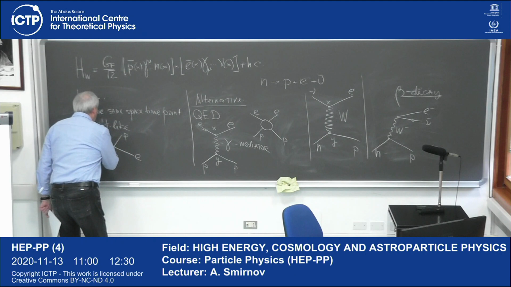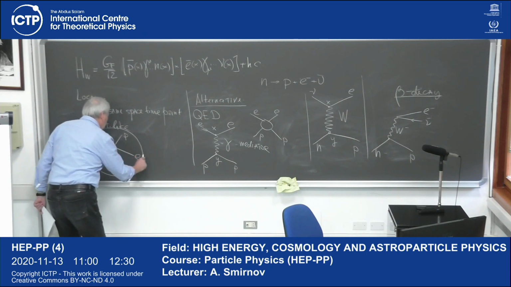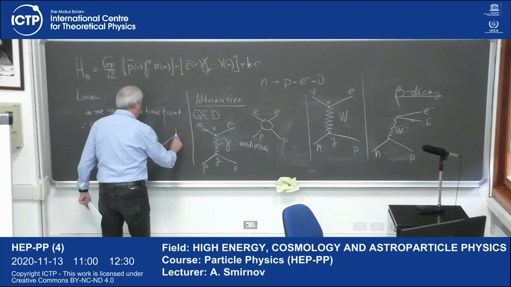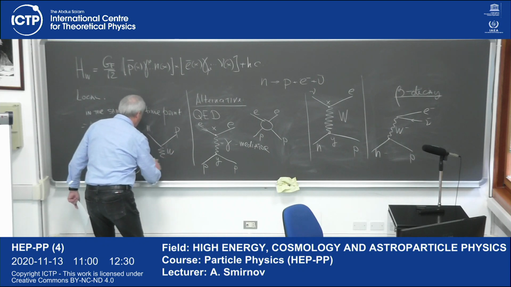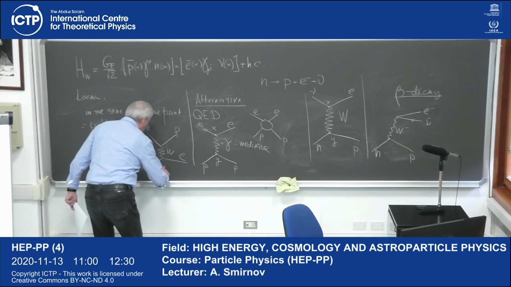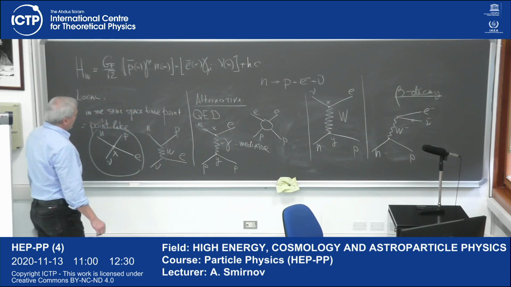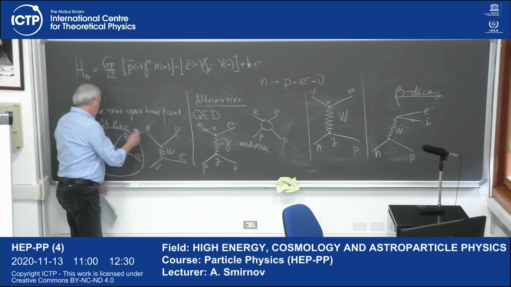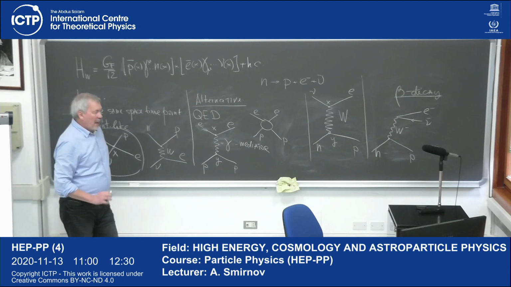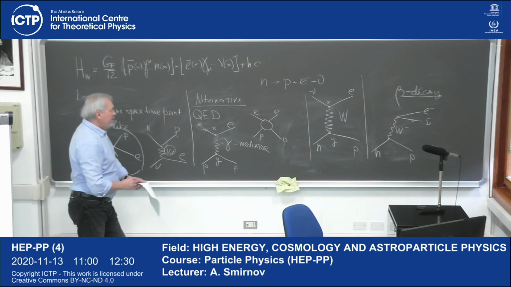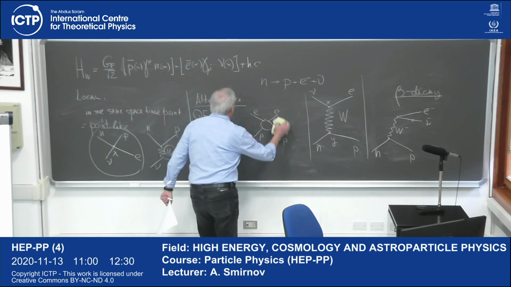Now, the point is that instead of these point-like interactions, we can consider interaction of N, P. I just inverted this diagram. W, and here we have electron, and here we have neutrino. And neutrino can be in the final state. Now the question is, what is the difference between diagrams when we have point-like interaction and exchange? So everything depends on the mass of the mediator. So what is the mass of the mediator? If we have some mediator of a given mass m,